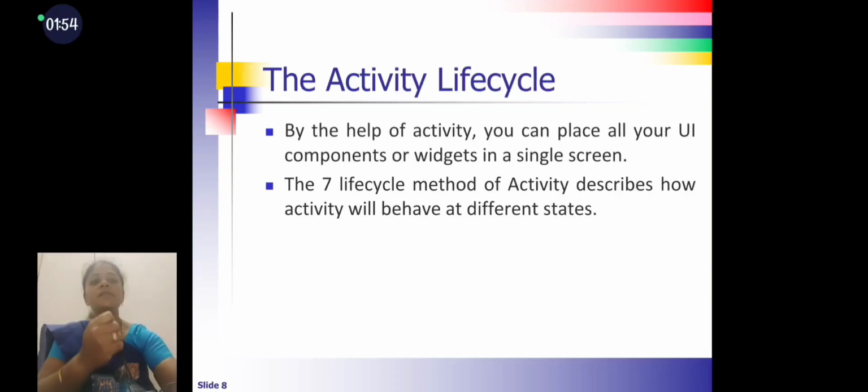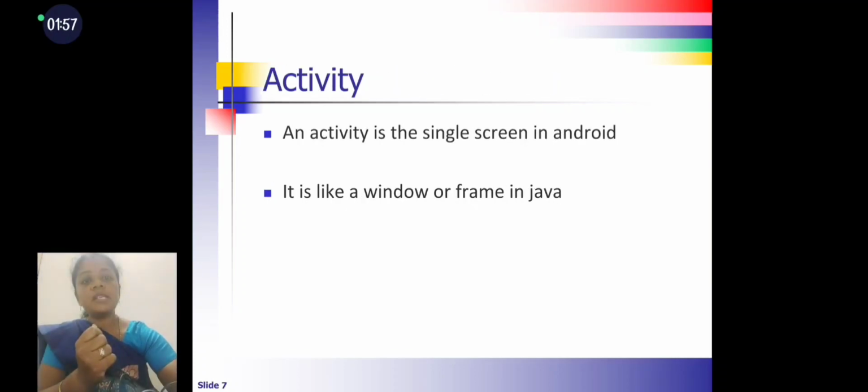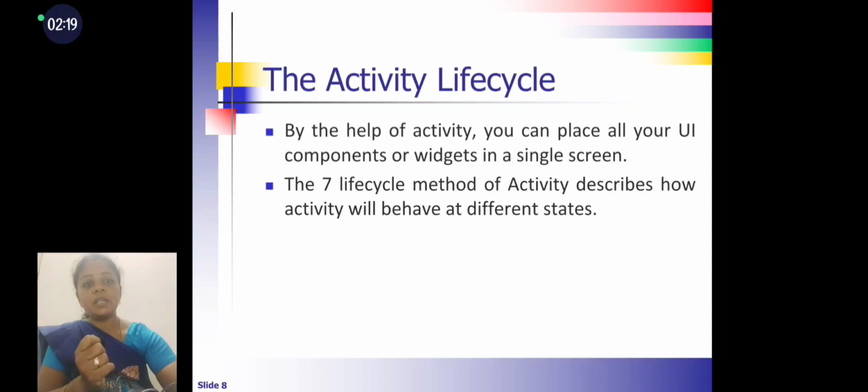Activity. An activity is a single screen in Android. For whatever app we have, the number of screens is the number of activities in that app. It is like a window or a frame in Java. The activity lifecycle: with the help of an activity, you can place all your user interface components, widgets or views on the screen. There are 7 lifecycle methods of an activity in Android